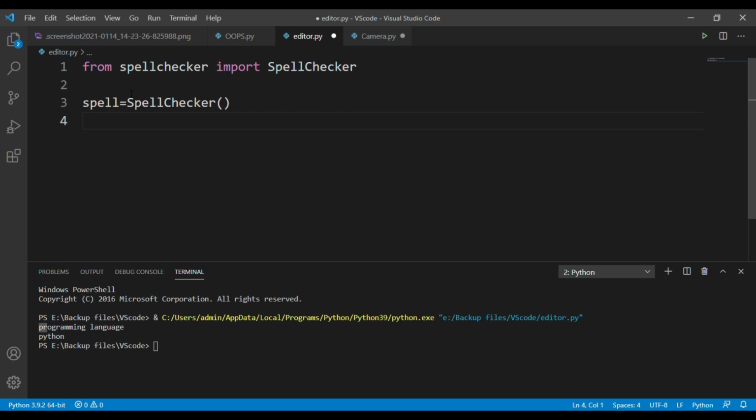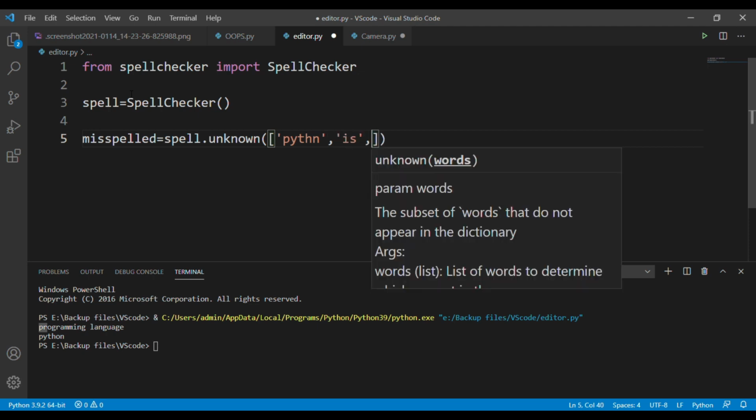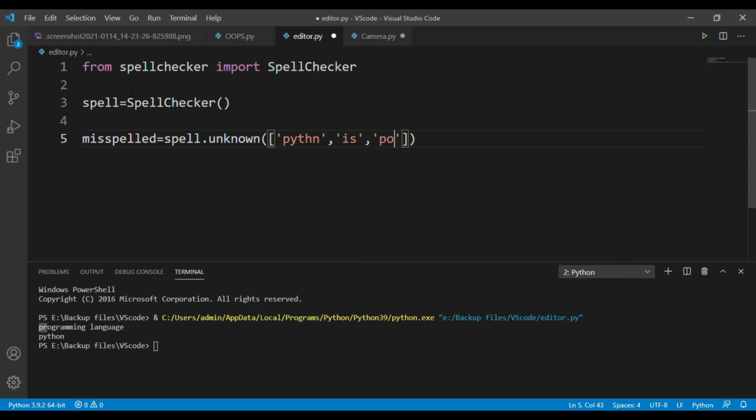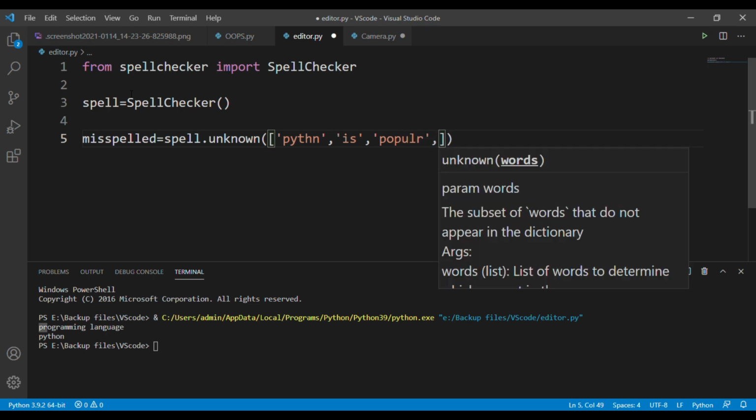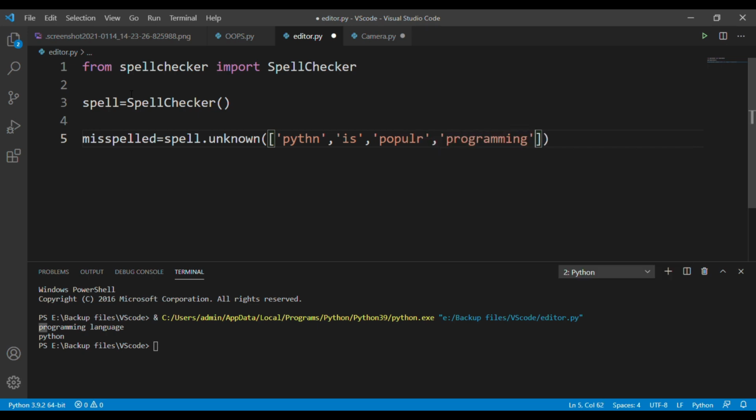Okay. So this is the basic explanation about this instance, and then you need to declare a variable called misspelled. In this variable, you have to create an object called spell.unknown. In this object, you need to give the unknown or misspelled words as an input. We are giving the input as a list. By using a list, we can easily save memory during program execution, and we can give multiple inputs in this program. So only I use a list. In this program, I am giving some misspelled words in this list, and this program is used to change these misspelled words into their correct form.